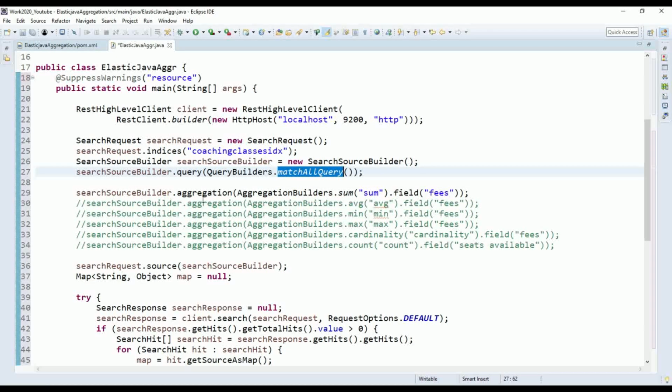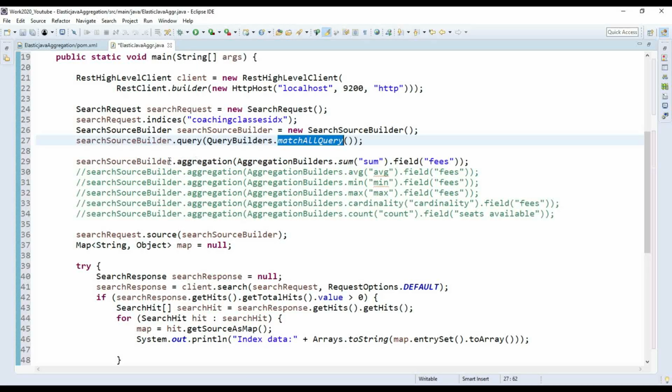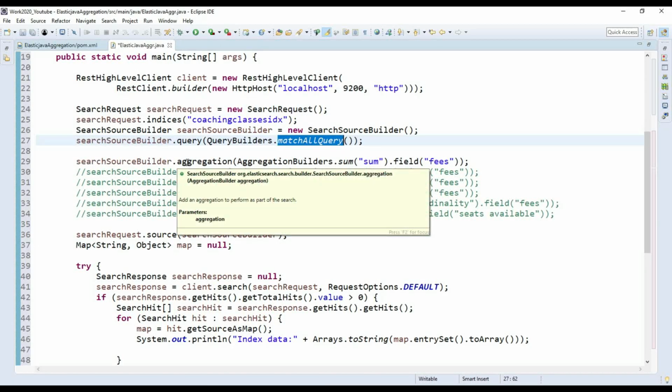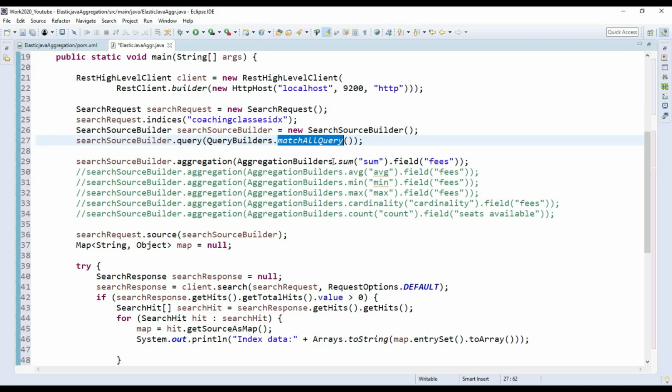Now here I am adding the aggregation. So let's begin. To add an aggregation to perform as part of the search, we are adding one aggregation called sum.